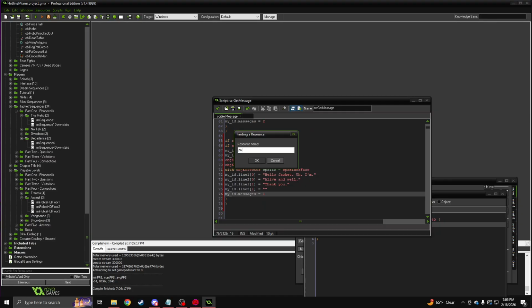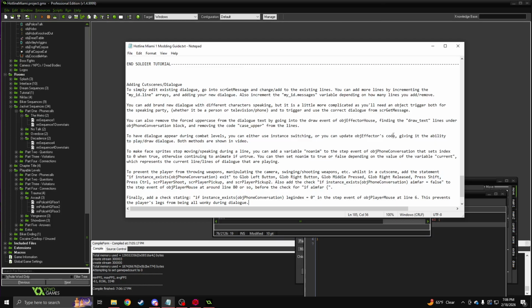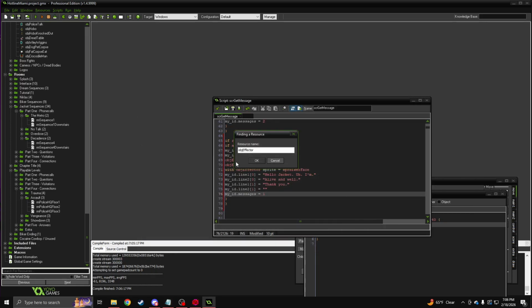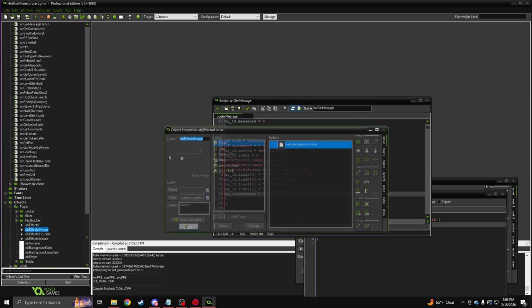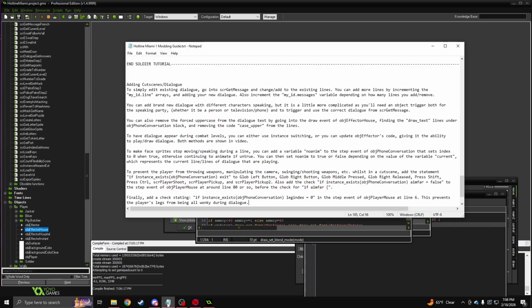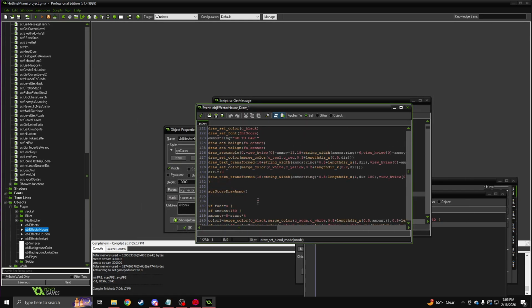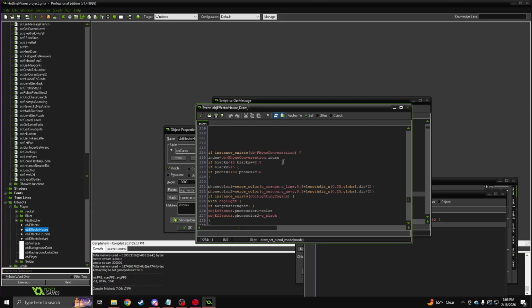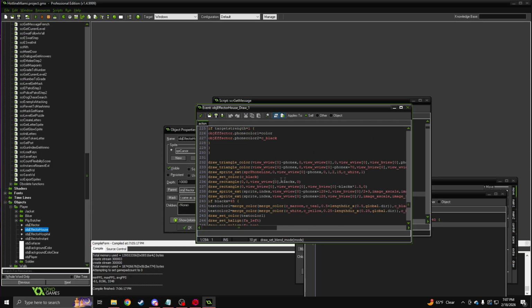Of course, let me really quickly head into objEffector. I think it's house. I have some notes here. Draw text lines. Yeah, objEffectorHouse. Okay. So if we go into objEffectorHouse, we won't need to change anything later, actually. This is everything we'll need to change. If we go into the draw event and scroll down, did I say where exactly it is? Finding the draw text lines, I just said it was under the object phone conversation block. Okay. So somewhere in here,